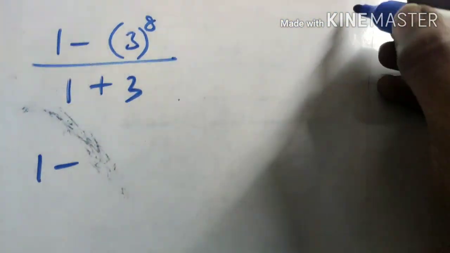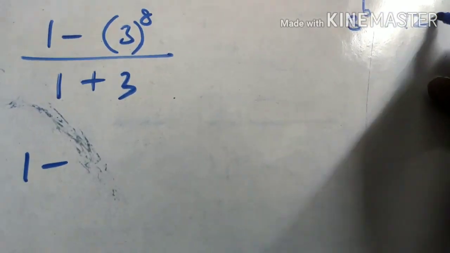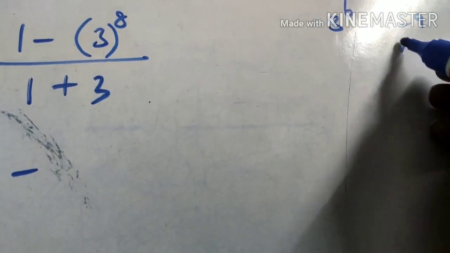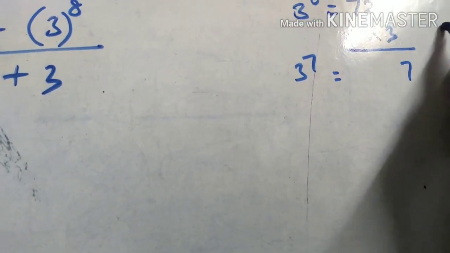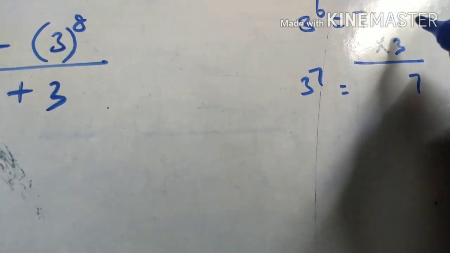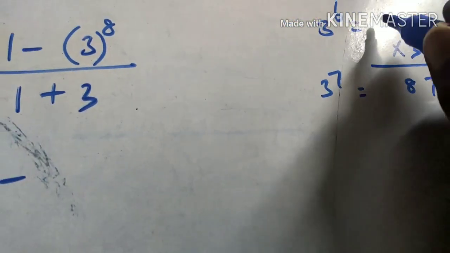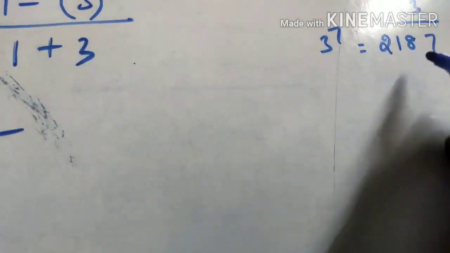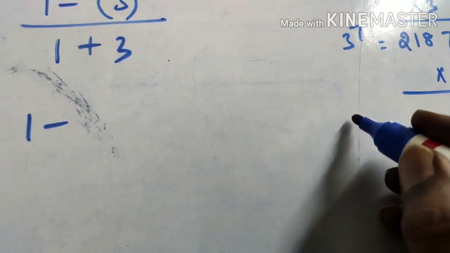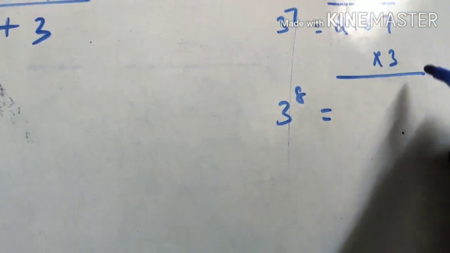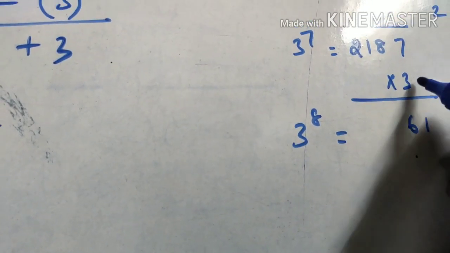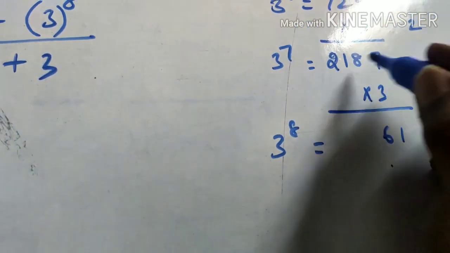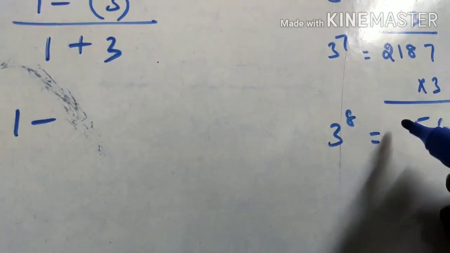Okay, but that is not necessary. But if you want to find, already we know 3 power 6 is 729. So if you multiply into 3, we get 3 power 7. 7, 2, 6, 8, 7 3s are 21. Again, if you multiply by another 3, you will get 3 power 8. 1, remaining 2, 24, 26, remaining 2, 3 plus 1, 3 ones are 3, 3 plus 2, 5, 6.